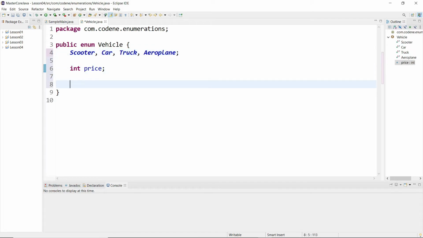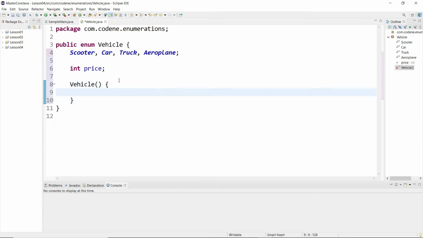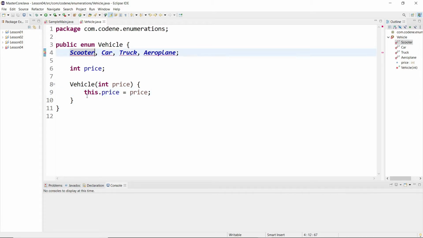Also, like a class, we can have a constructor as well. Let's say we get some value like int price, and then we do this.price = price. And then we can even overload our constructor.